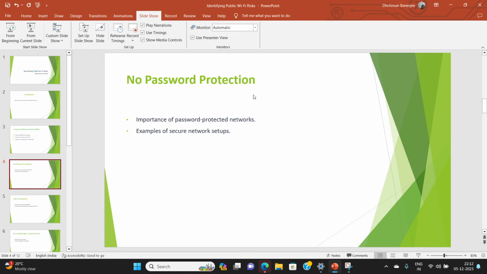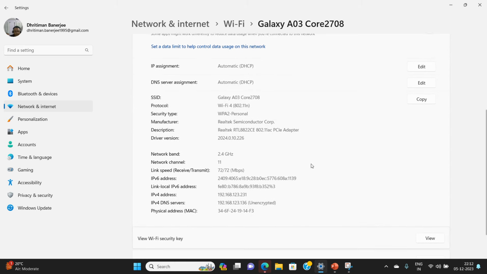Now, no password protection, I have already mentioned. If you are connecting to an SSID that has no password, then definitely it's a serious threat. Where you will check this is in your settings, network and internet, Wi-Fi.